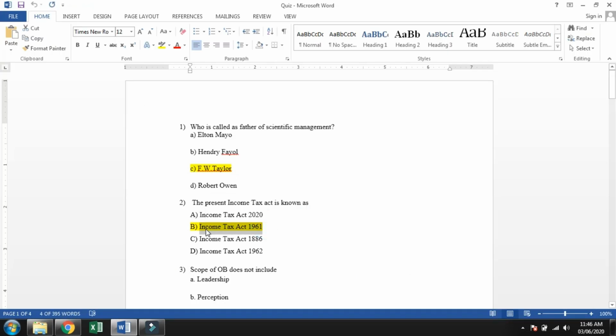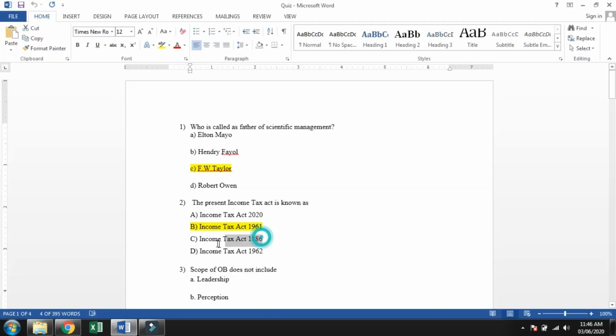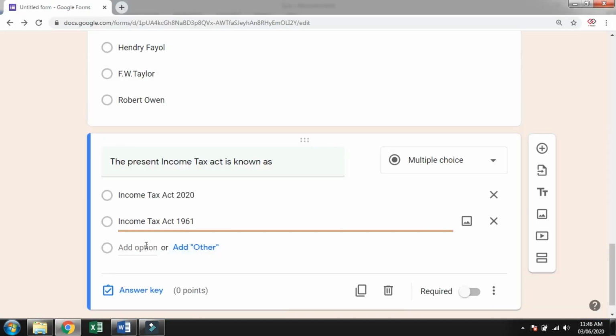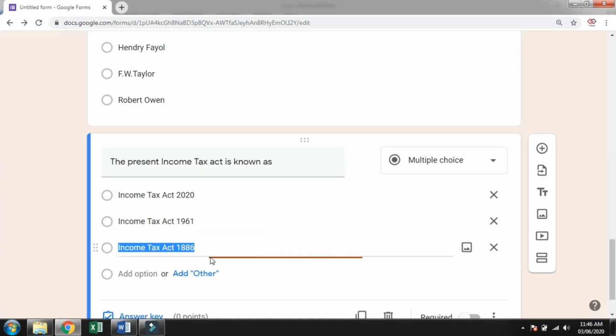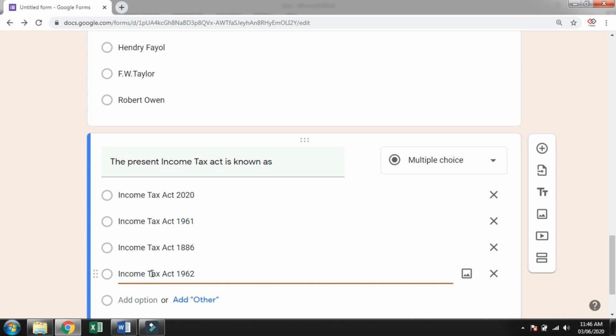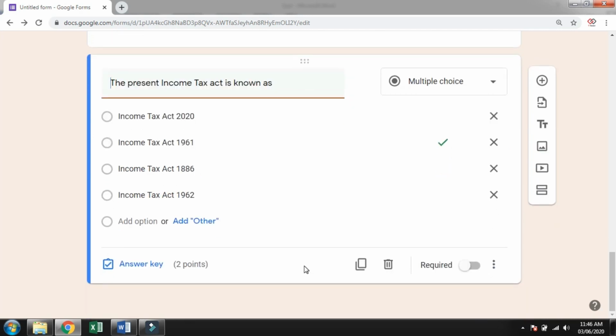Here in this one, the second one is the answer. So answer key, 2 points, second one is the answer. Then click done. Then moving on to the next question, the third one.